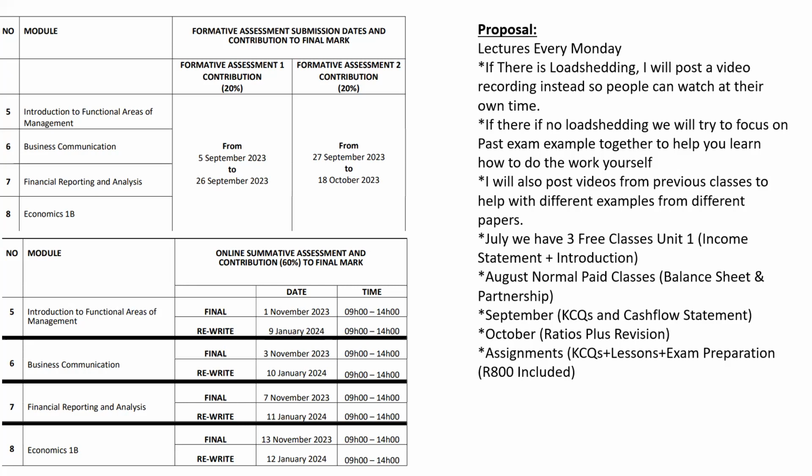So what we're going to do, like I said, if we go into unit number 1, unit number 2 and unit number 3, there are certain things that are common in those units. So our starting point will be a little bit of the theory, which I will talk a little bit about today, and also on Saturday. Then on Monday, we actually start with the calculations. We actually start with what is called the income statement. So Monday, we're going to do the income statement.